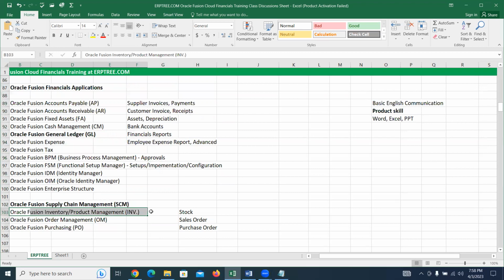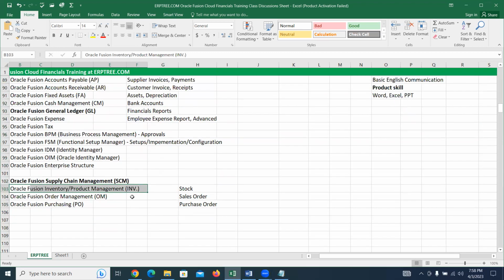How much stock is available? When your company purchases, you store in the warehouse. When you sell, you ship to the customer. Those activities can be done by the inventory department. And order management, they are involved in the sales activities. They get the orders from customers, and they do the sales activities.